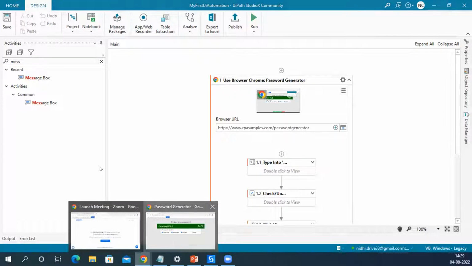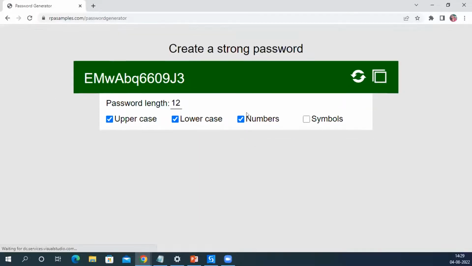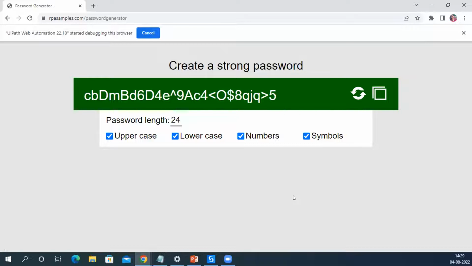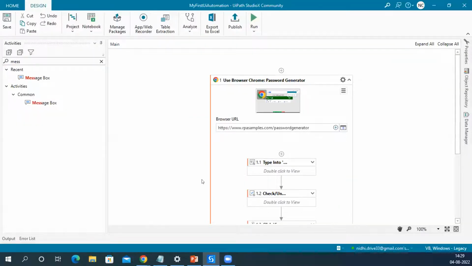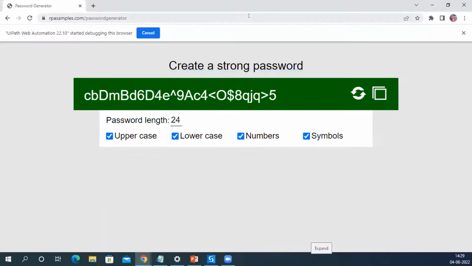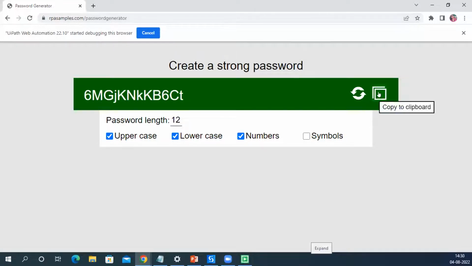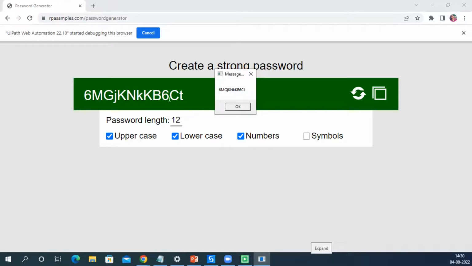Let me go back and refresh this page so that it resets all the values. And now we are going to run it. So I simply press the run button from the design panel. It would update the value, uncheck, copy, and display. Display is on the other screen, so I'll drag it here. You can see this is exactly what has been copied,